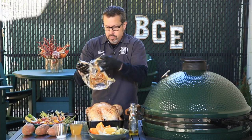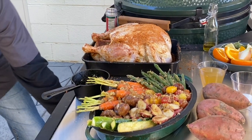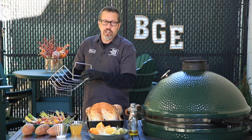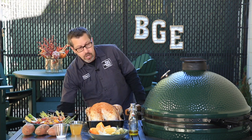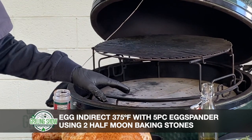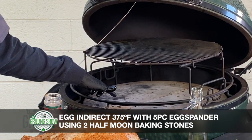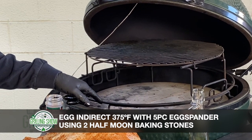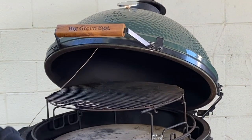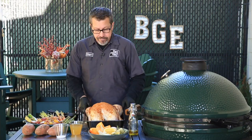And right now, you can see it's just sitting in the pan. Sometimes we put it in the roasting rack as well, but today we're not going to do that because I'm going to show you the setup we have on the egg. We're using the 5-piece expander. We're going to set up the egg indirect. We got 2 half-moon pizza stones in there. We got the bottom basket from the expander, the top part of the expander as well. And what we're going to do is set this pan inside here as it's cooking, and the vegetables will be on one side, and then we'll cook the bread and potatoes up on the top as well. But before I put it on there, we got to finish putting in